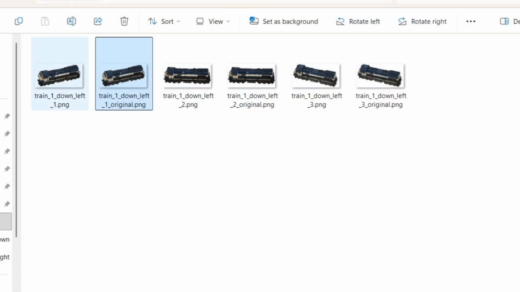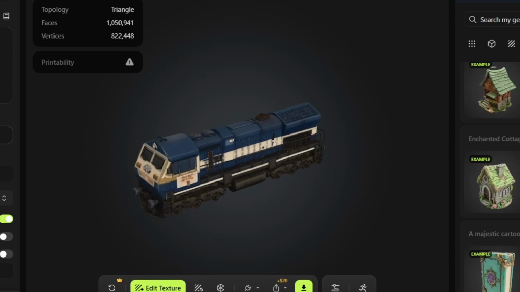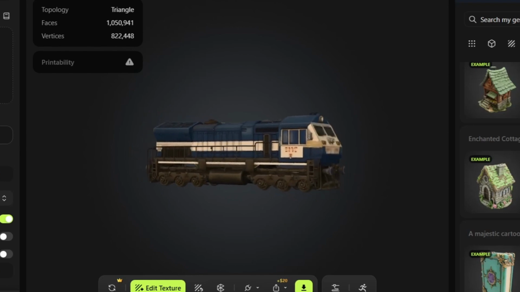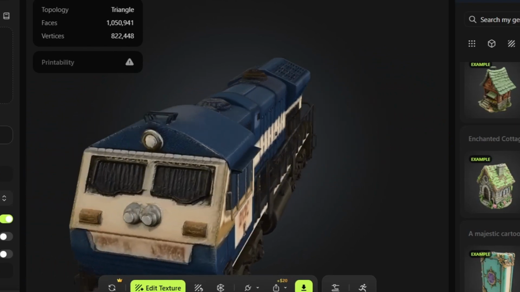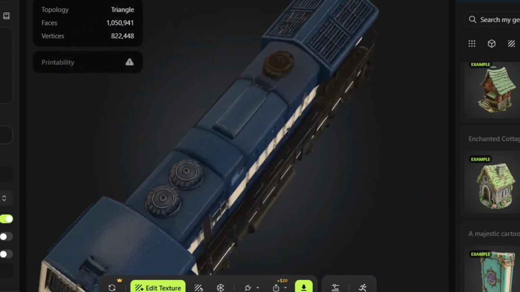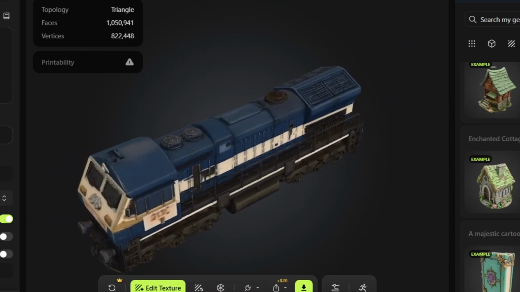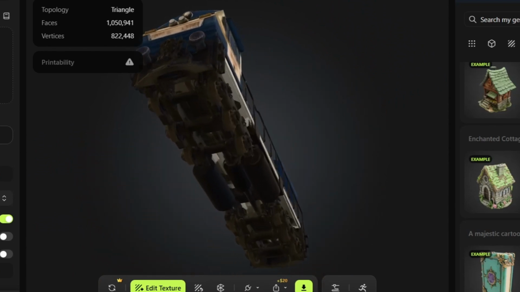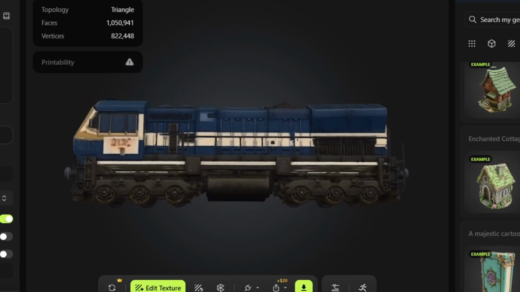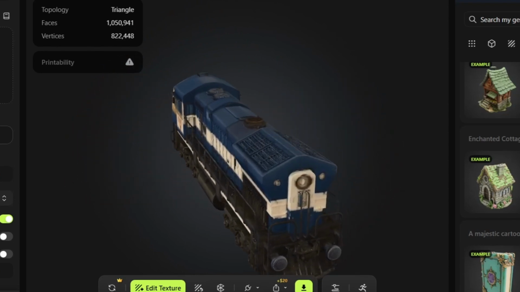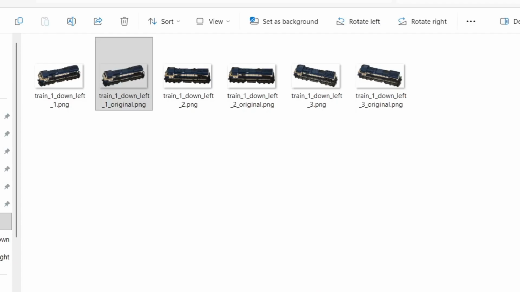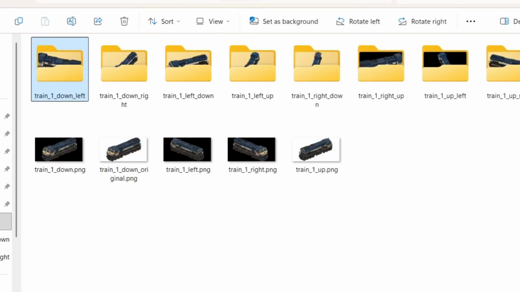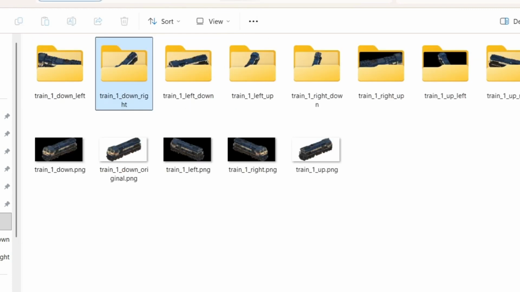Now for generating these variants, I used a small trick. Basically, the original train sprite was fed into a text to 3D model called Meshy, and here we are able to rotate the 3D model in the viewport. So I took screenshots of different angles in the viewport, then converted it to pixel sprites in Gemini and removed the background to make it usable. It was a bit of grunt work, but it is definitely a big time saver compared to making all the